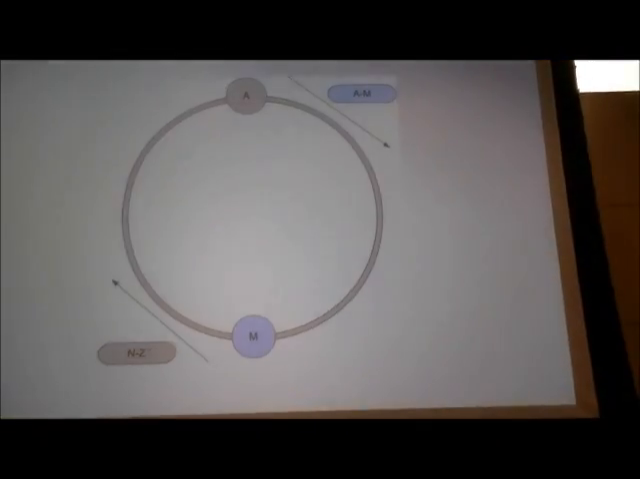I could create another node in the ring and choose a token of N, which is approximately halfway through